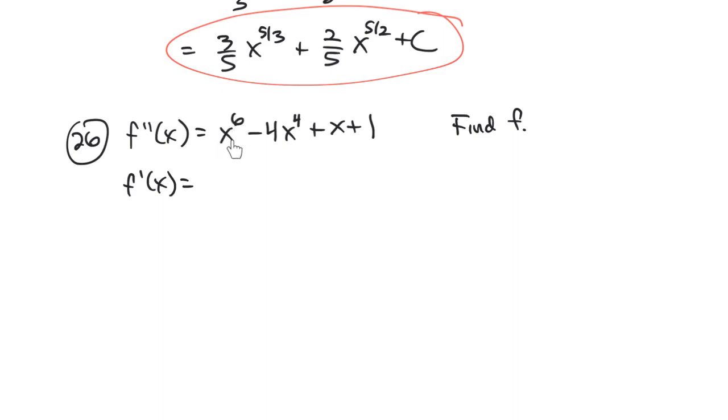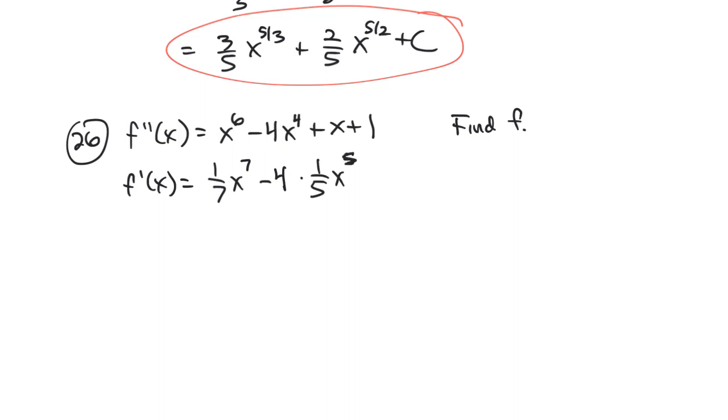So I have x to the 7th divided by 7, or in other words, 1/7 x to the 7th, right? And then I'm going to just put the -4 here. I'm looking at this one. x to the 4th, the power rule says x to the 5th divided by 5, or in other words, 1/5 x to the 5th,